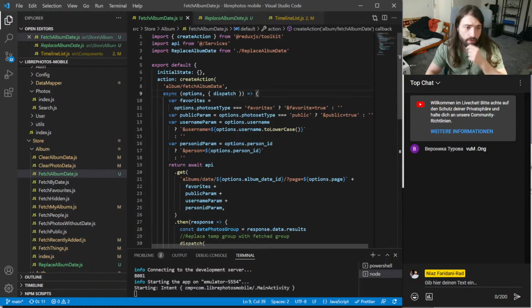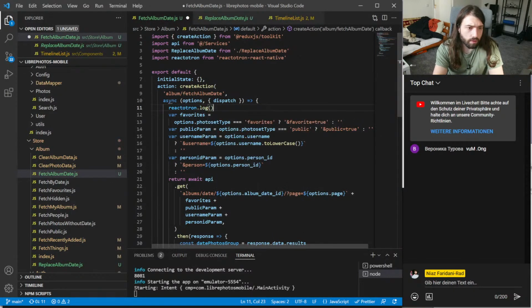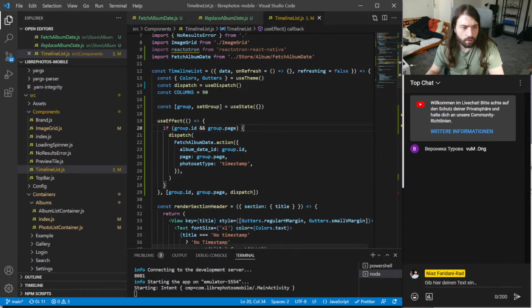So, I don't know. Reactotron log I am here too. Saved. Timeline list. Okay, so we don't need that any longer.